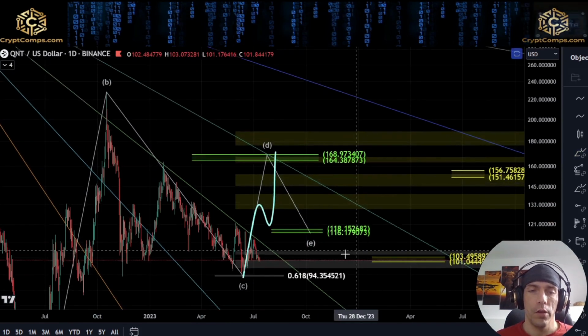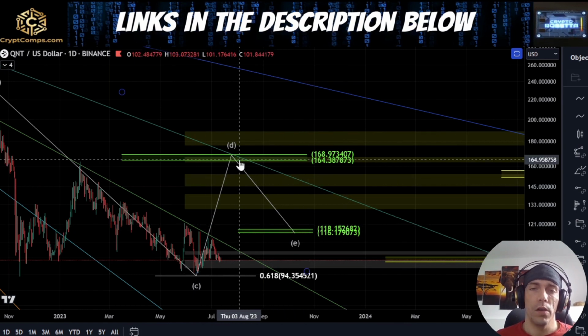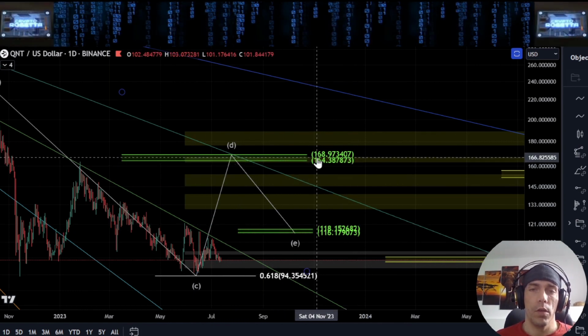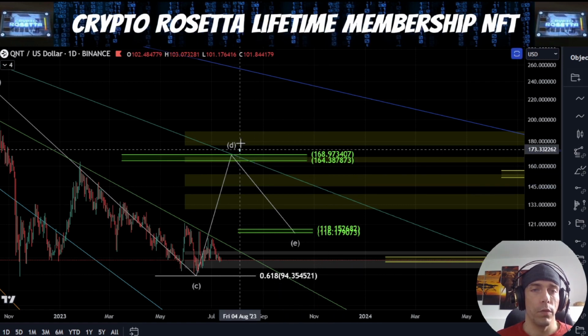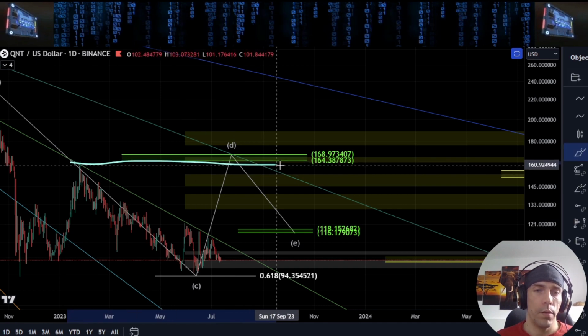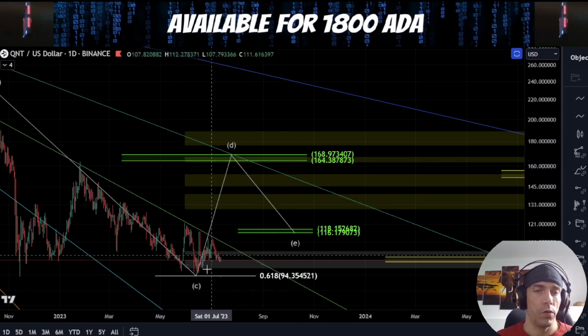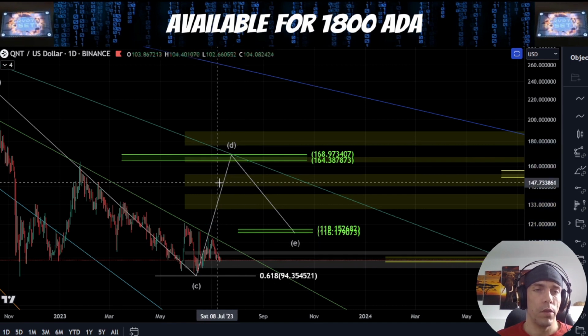Now, if we did actually look to turn around from where we are, what we could be looking at as a potential target level here would actually be this zone here of this 168 to this 164. Now, this would be interesting to me for a few reasons. Obviously, we have this time speed fan here, and we also do have this high in this zone. So a 3-wave move up into these levels could be quite an interesting zone to keep an eye on,